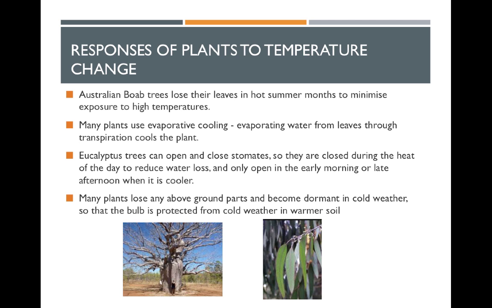So eucalyptus trees have a bit of a response in that they are actually able to open and close their stomates. So they can close them during the hottest part of the day so that they can reduce water loss. So the stomates are only open in the early hours of the morning and the late hours of the afternoon when it's cooler. So they can still photosynthesize because remember the stomates also allow gas exchange for the plant so that they can carry out photosynthesis. So they can still carry out photosynthesis, still keep alive, but they're losing less water through this